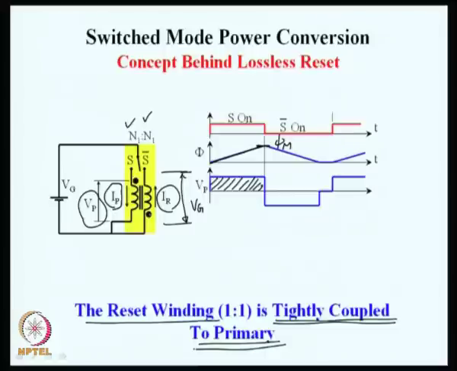Dot of the winding is now at the bottom in comparison with the top, or effectively we are applying minus Vg to the winding. So, we are applying a voltage which is exactly the opposite polarity of the source voltage. So, if we find that the flux during the on time was increasing linearly in the positive direction, during the off period, the winding is now subjected to a voltage of Vg, but with a negative polarity.